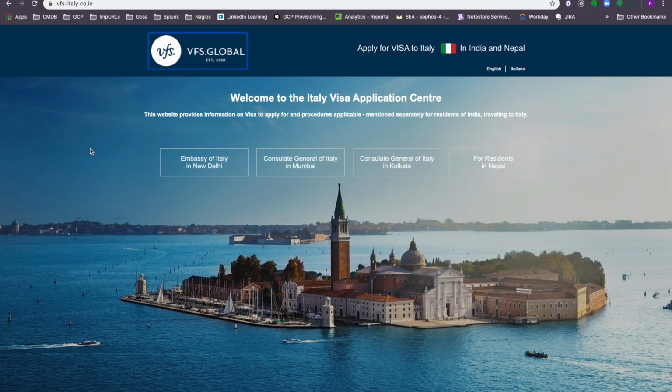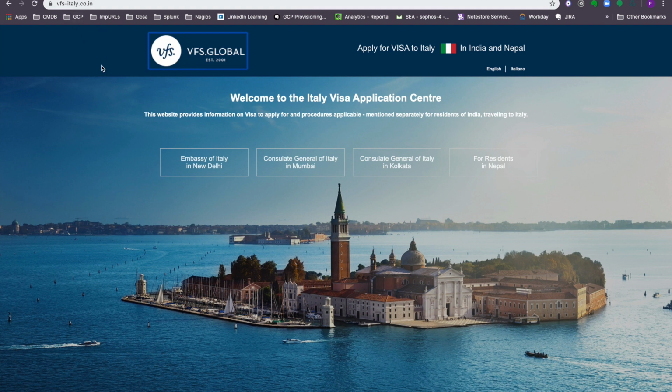So let's get into the step-by-step procedure to apply for a Schengen visa. Today I am discussing mainly applying for a Schengen visa at the Italian Consulate, although the procedure is mostly similar for other consulates as well. So my concentration today will be the Schengen visa from the Italy Consulate. So in India, to apply for a Schengen visa, you could visit